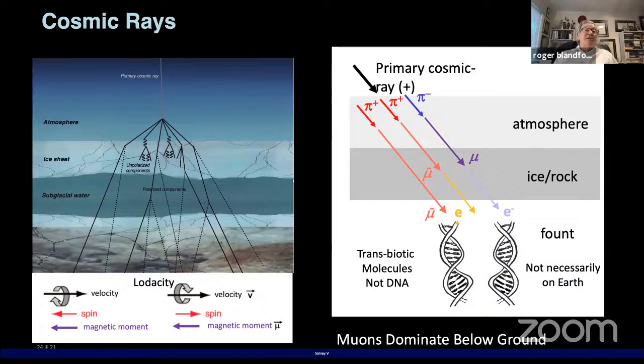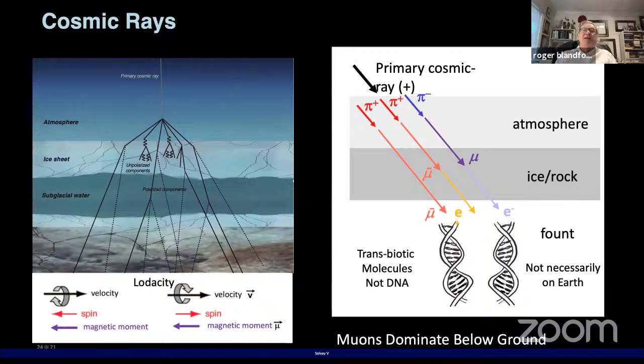So seen as unit vectors. So if the velocity is always perpendicular to the magnetic moment, the ludacity is -1, and if the velocity is always parallel to the magnetic moment, the ludacity is +1. And so that's rather similar to the chirality, and then one takes an average over all of the cosmic rays.